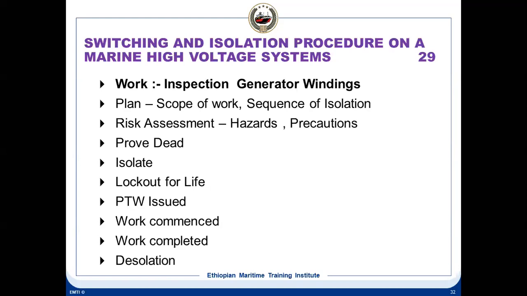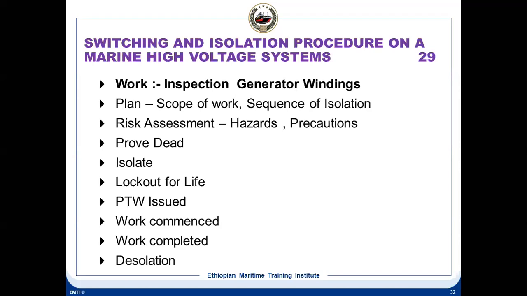That is the work. So first, in the plan section, you explain in the work plan meeting, then you make a risk assessment. The risk assessment should be conducted by the competent person, the authorized person, and anybody supporting in this, whoever is involved. They create a risk assessment, find out the various hazards and how you can reduce the hazards.